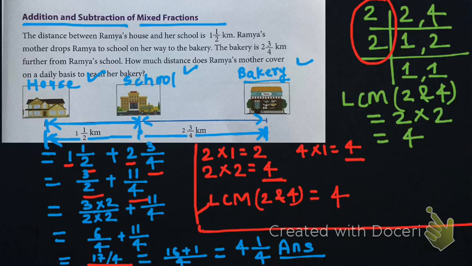Now you try this question, 1E and 1F. This is your homework, students. You just have to add these mixed fractions. You have to convert mixed fraction into fraction, then convert the denominators to the same, then add. After adding, you have to convert into mixed fraction. Mixed fraction into normal fraction, then normal fraction into mixed fraction. So let's move to our next question.